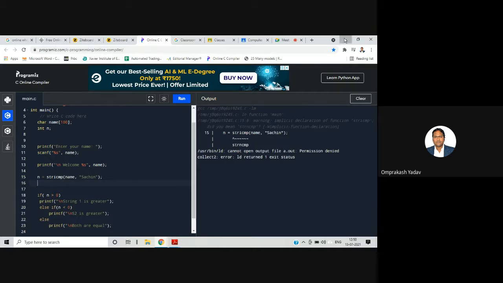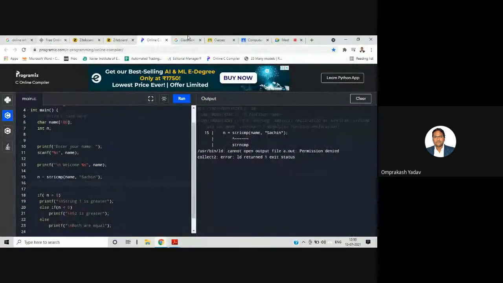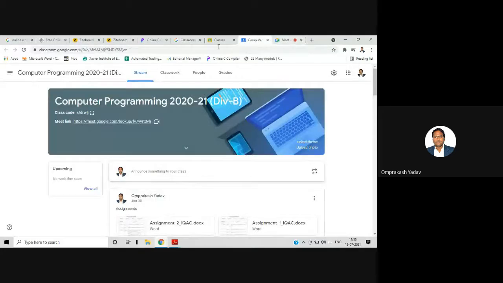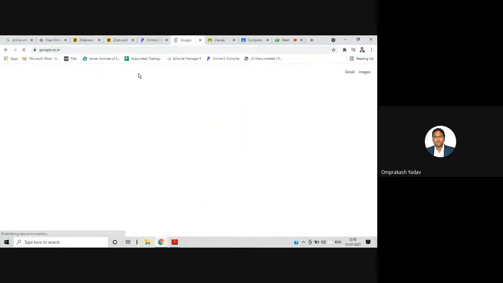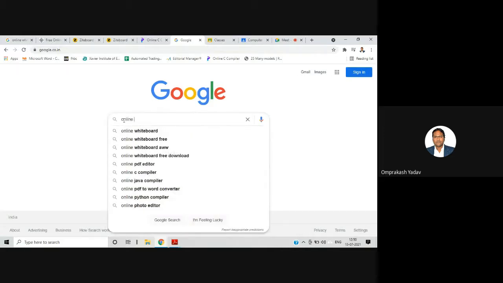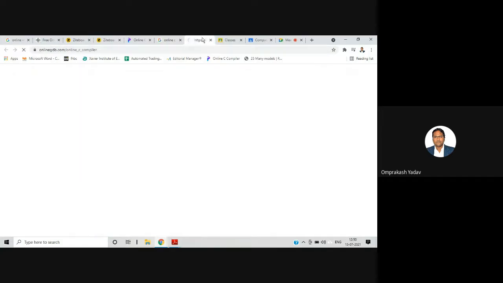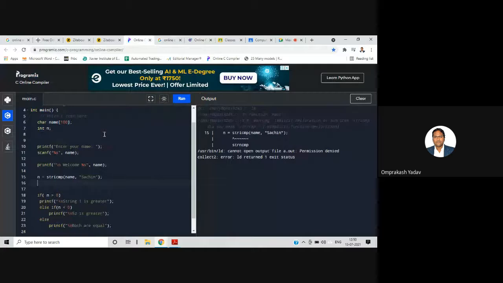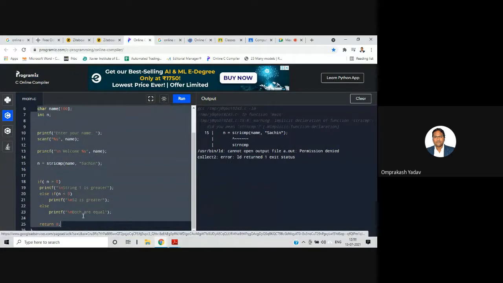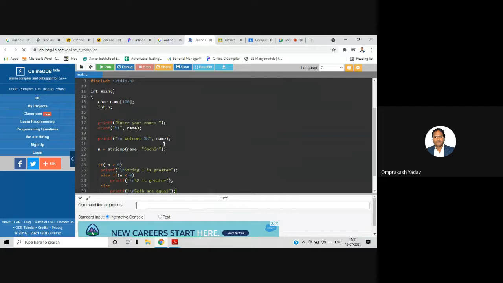Let me check in Turbo or any other compiler. Copying from here, pasting it.